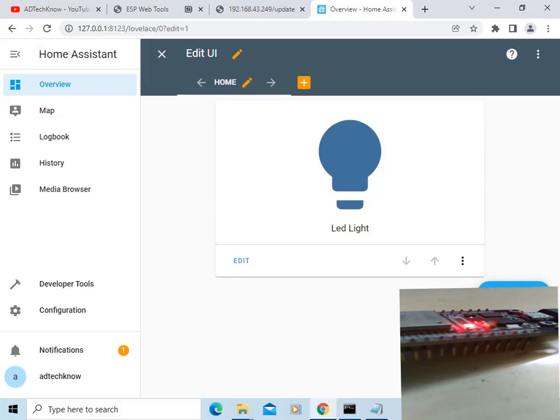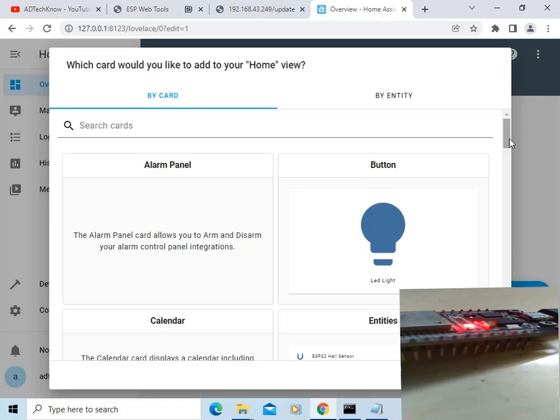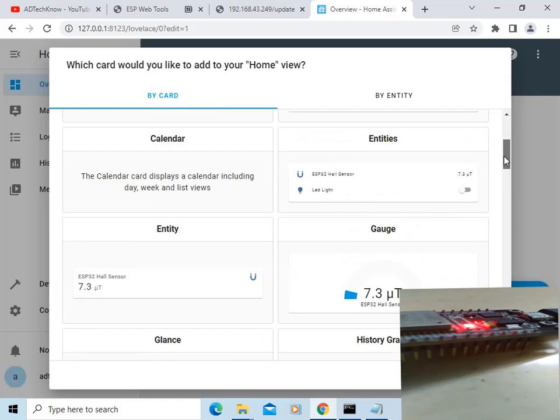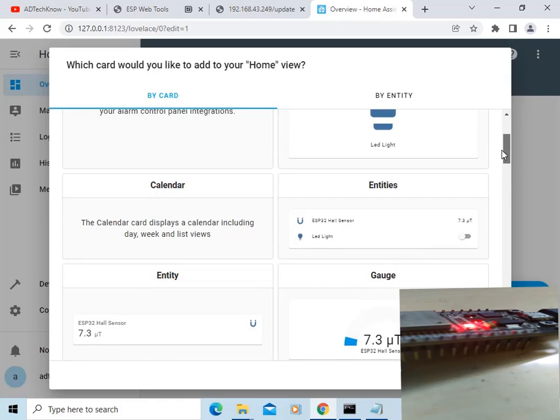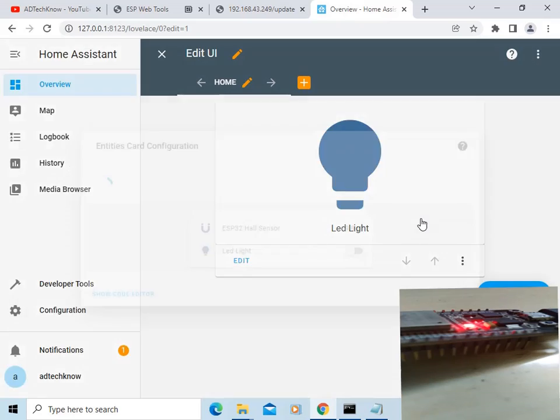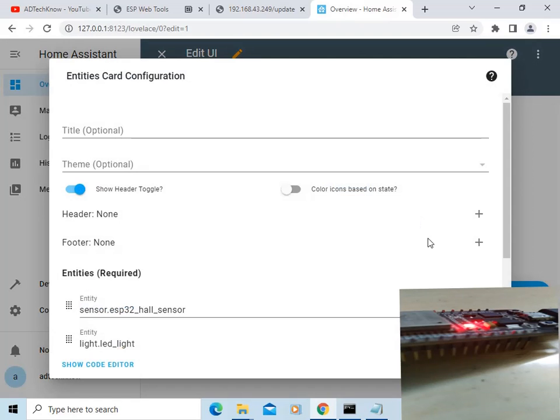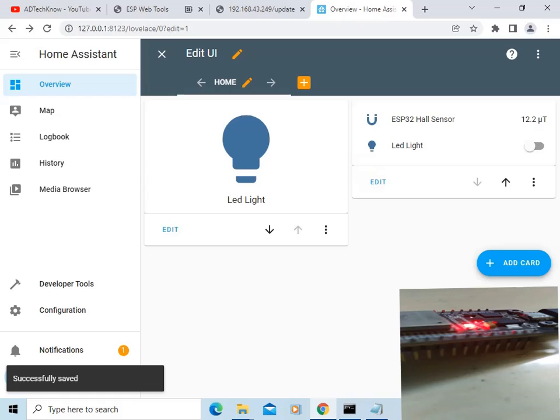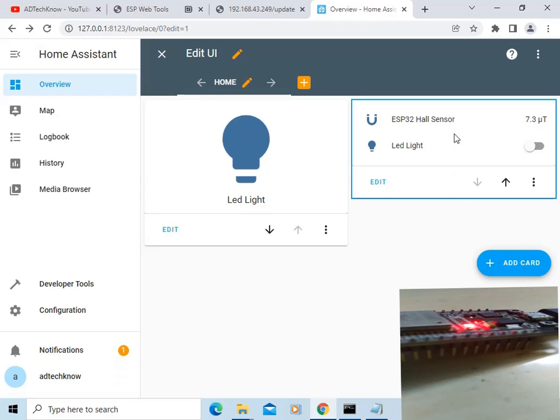Click here on add card. Add the entities. Save the entities. Now you can see the ESP32 hall sensor value is available over here, and you can operate the LED light from here.